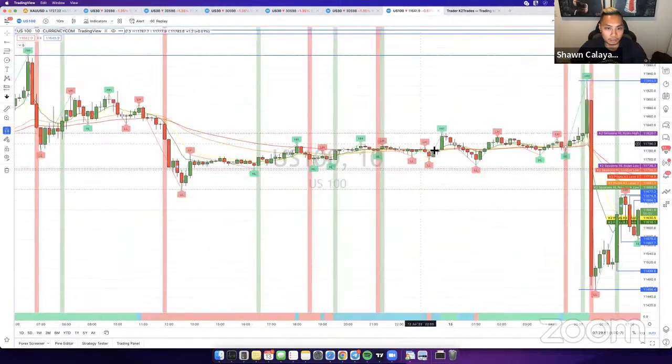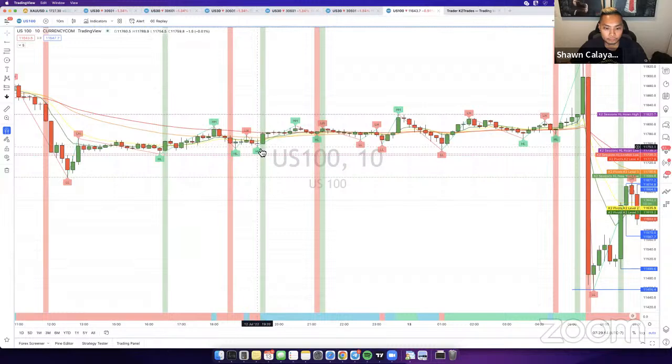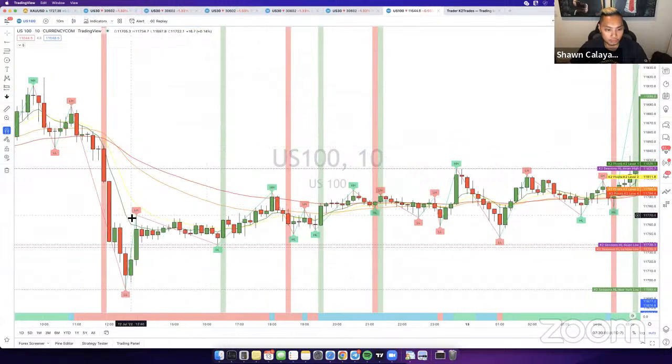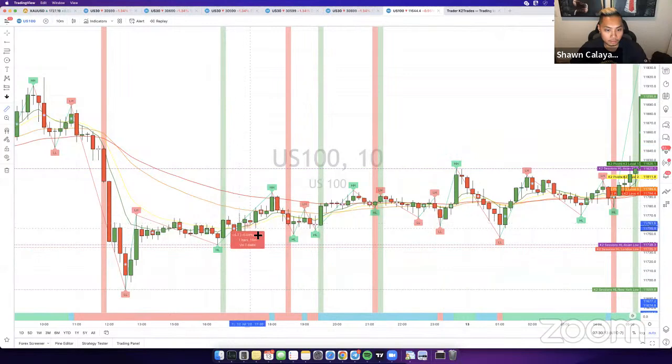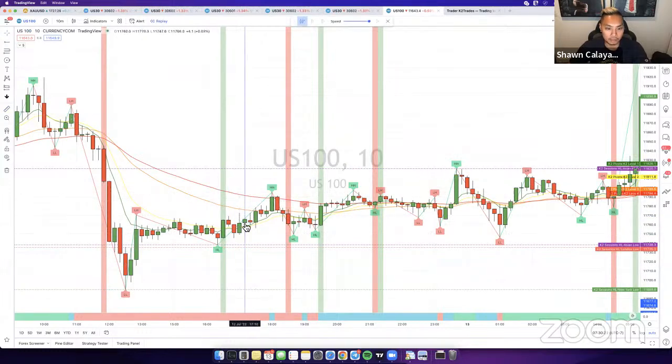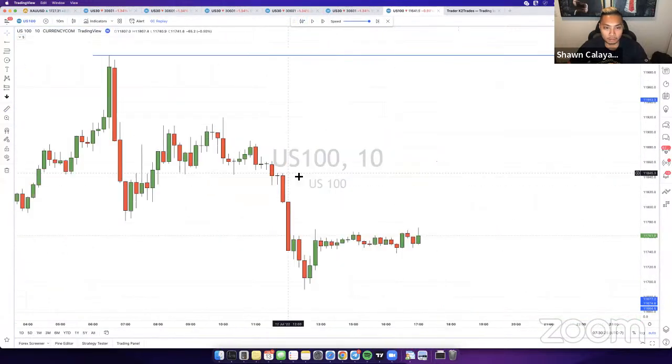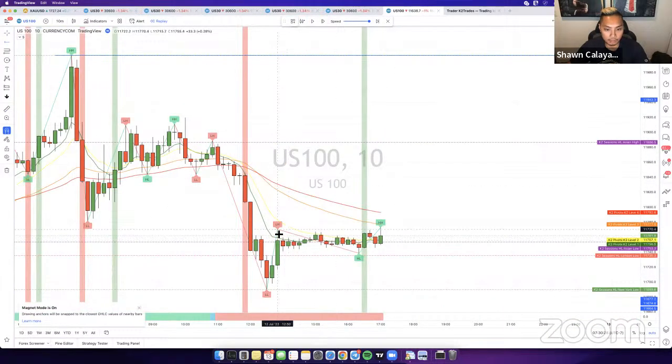So yesterday during Asia, it might be the same exact entry. Asia opened. This was the rejection right here off this candle. So I'm basically just looking at that same strategy that I was just looking at for the 10-minute on US30. I think the TP and stop loss would have to be slightly adjusted, but